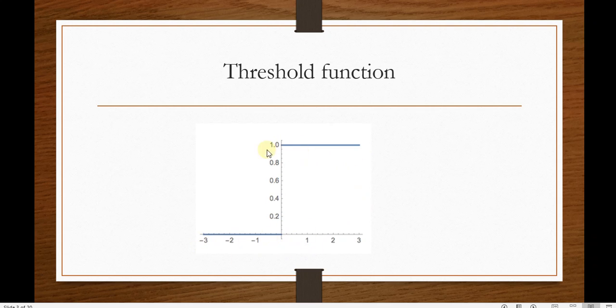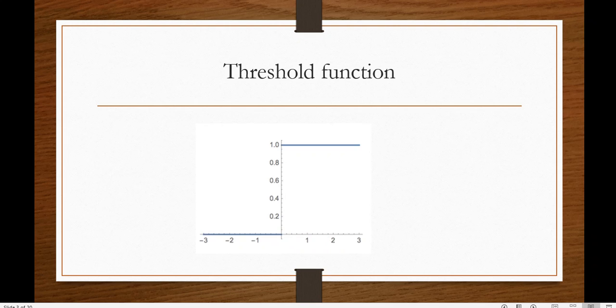So what you get from this is that when the value of x is anything from the left side up to 0, then the y value is 0, and when the value of x is more than 0, then the y value is 1. So here you can understand that for a particular set of values of x, the y value can have only two possible values, 0 and 1.